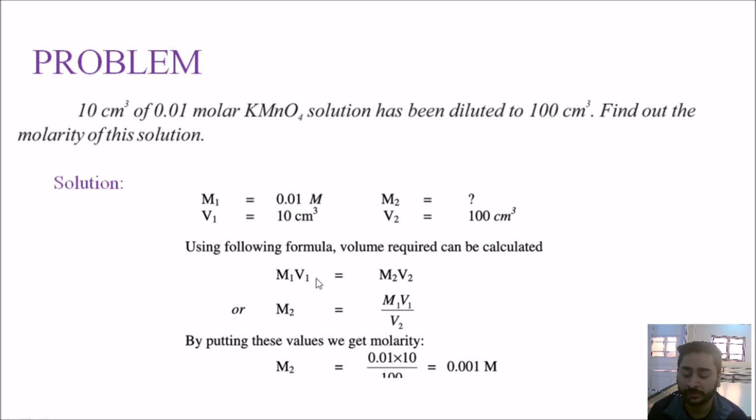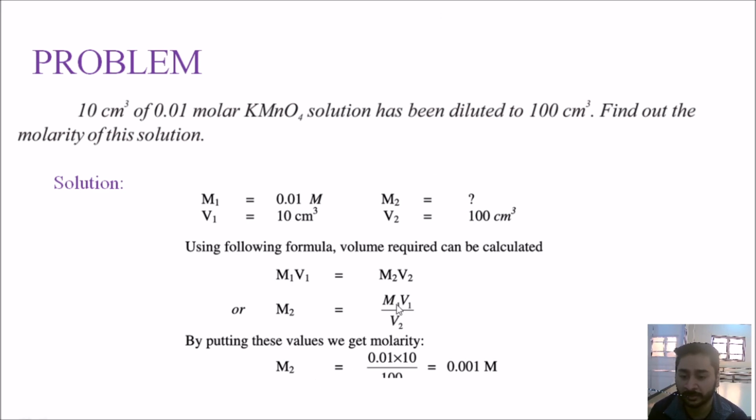Okay, so simple, we use this formula which is called the dilution formula. It's M1 V1 is equal to M2 V2. Just simply put the values for M1 V1, arrange this formula for M2, we keep this M2 over here and transfer this V2 to the opposite side. The formula rearranges as M1 V1 over V2. You can keep M1 and V1 for dilute solution, or you can keep it for concentrated solution. The answer is going to remain the same. That does not matter.